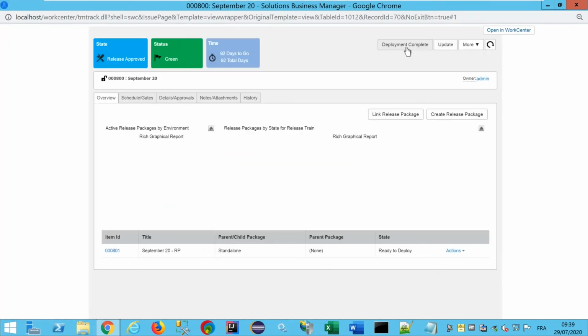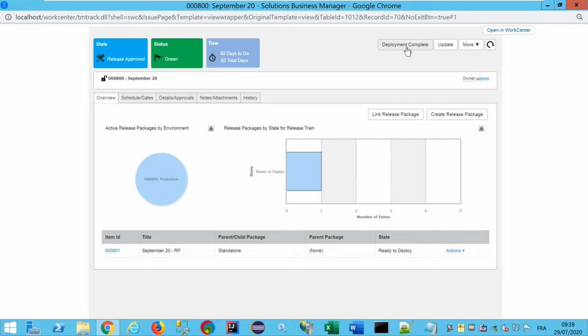And when moving the train to production, there are two kinds of behavior you can implement with release control. The first one is to trigger all the deployments for all the release packages belonging to the train simultaneously. So it means that the release train will trigger all the deployments into production for all the release packages belonging to the train. This is the first behavior you can set up with release control.